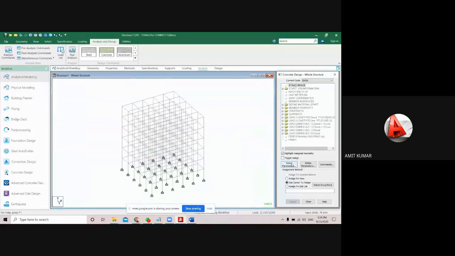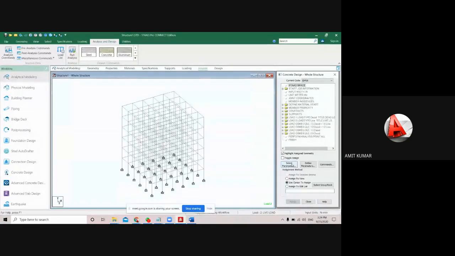Actually, the main parameters mean you have to provide the concrete grade, the yield strength of the reinforcement bar, and the maximum and minimum size of the bars, that will be your reinforcement bar. You have to provide a few parameters for the secondary reinforcement, that will be your shear or tie reinforcement.